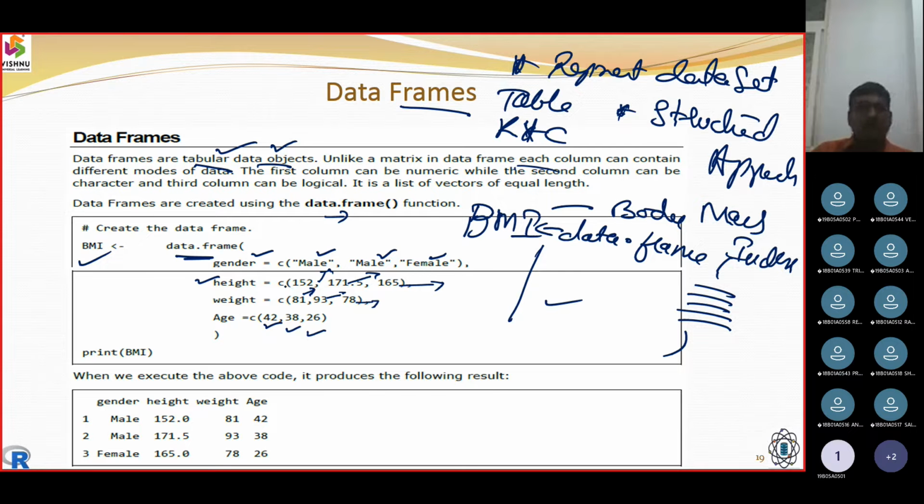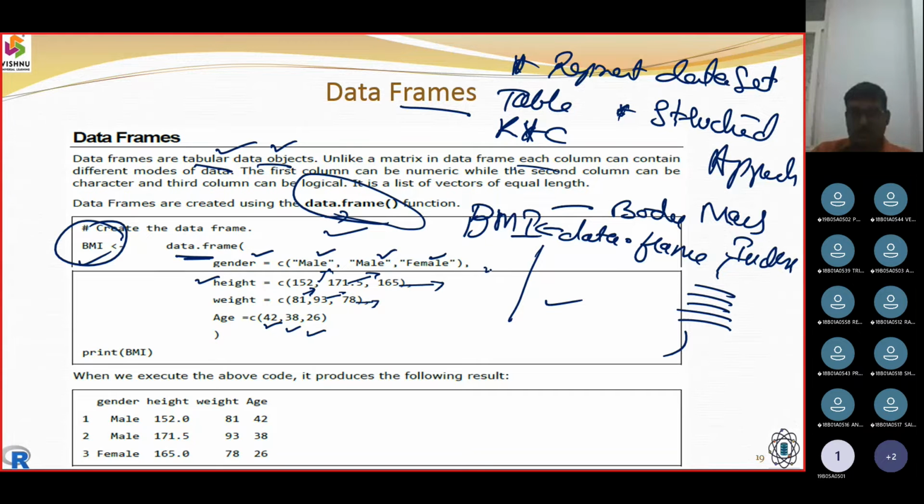The syntax for creating a data frame is that we need a name for the data frame. Then we use the function called data.frame, and inside it we can put basic data types or advanced data types. It is up to us what types we want, and those can be given in the data frame.